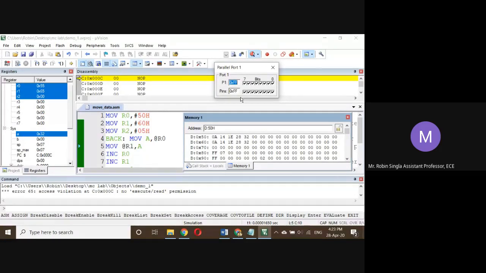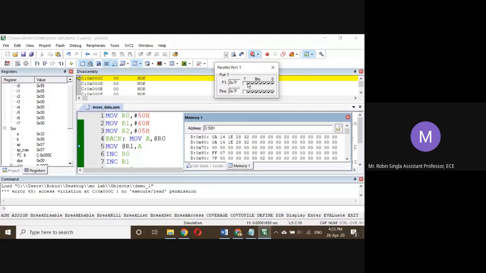And here if you want to give any value, we can directly change these pins. These are 8 pins of your port. Okay. For example, we want to give a 1. So we just have to hit the first bit. Okay. 2. Oh, sorry, 3. 7. Like that we have to just hit that bit.